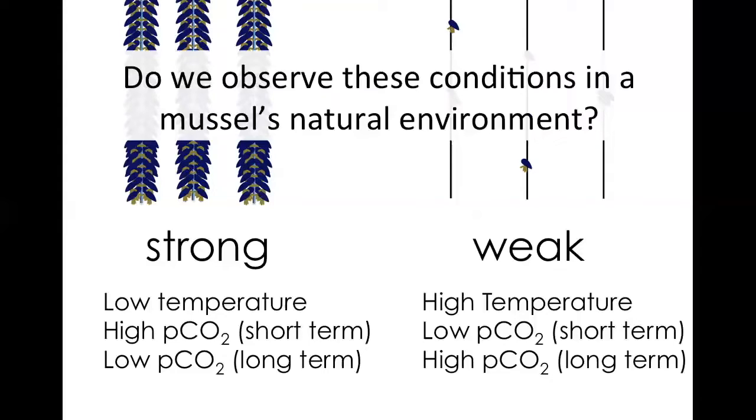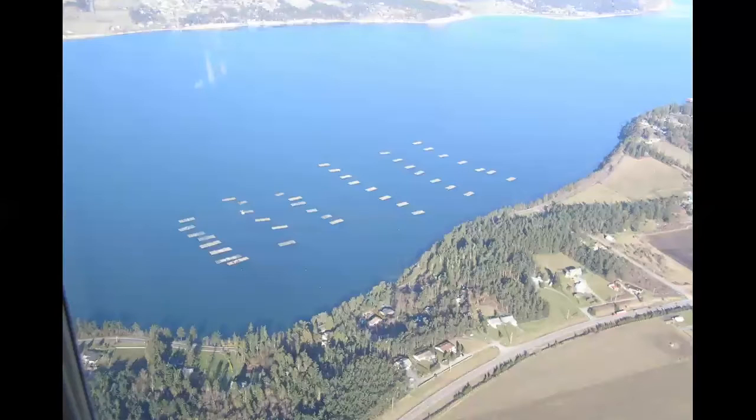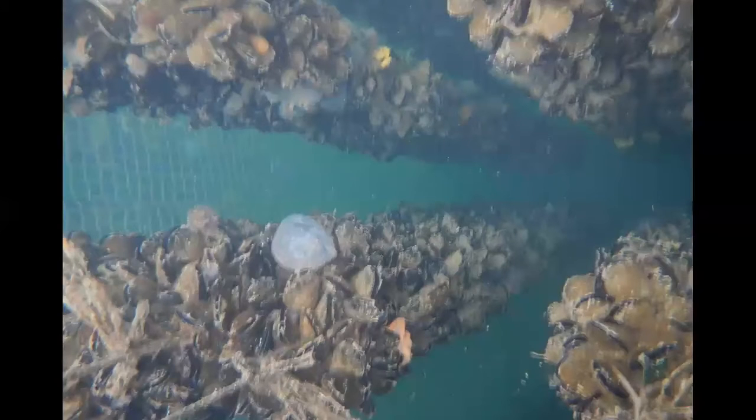And our next question was, do we actually observe these conditions in a mussel's natural environment? So to do this, we went to Penn Cove Shellfish in Penn Cove on Whidbey Island. So you can see Seattle is south of Whidbey Island. And if you fly over Penn Cove, you'll see these rectangles in the water. And what these are, are mussel rafts. And if you look under the water, as I showed earlier, you see these long lines of mussels hanging. And we went here